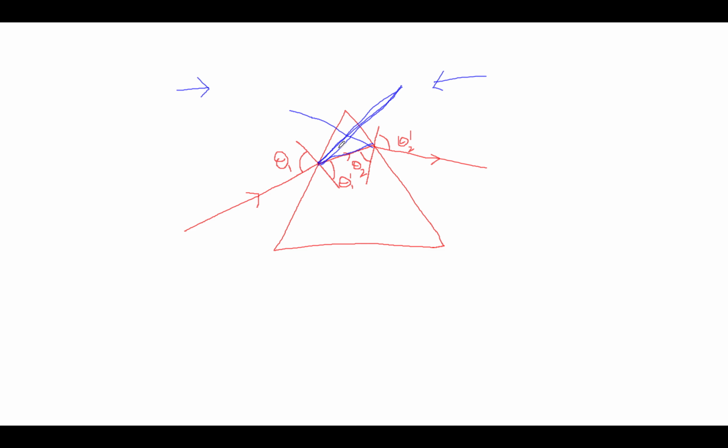Then this angle between this line and the actual path inside the prism is what we call delta 1, the deviation for the incident beam, and this is what we call delta 2, which is the deviation